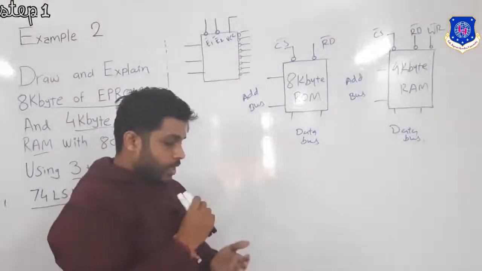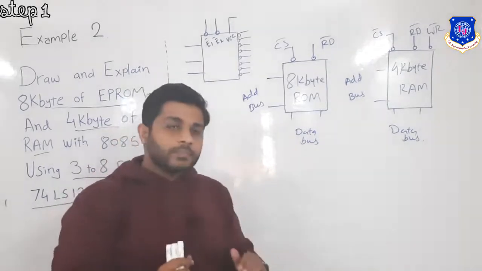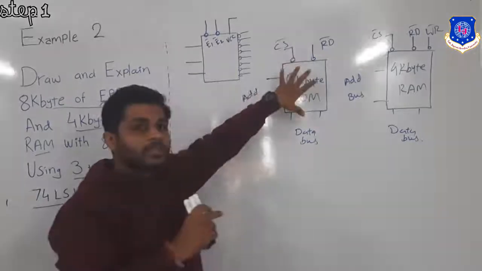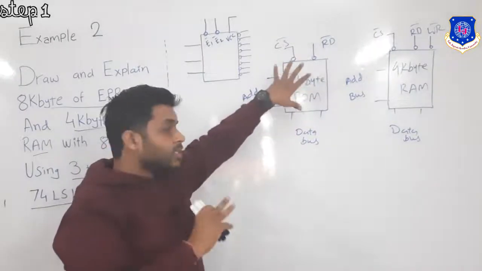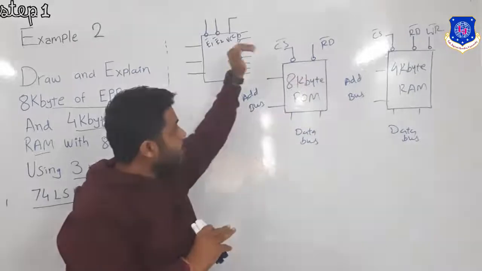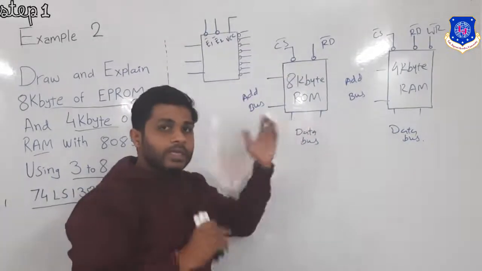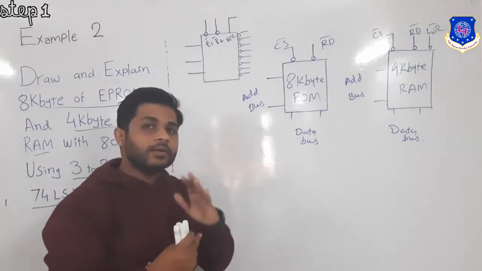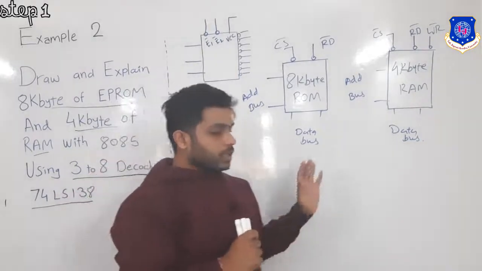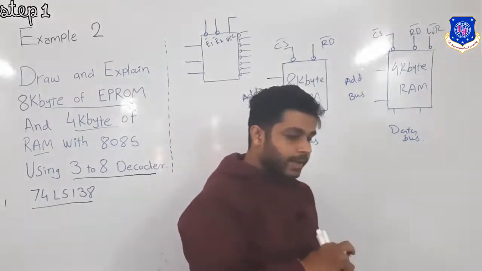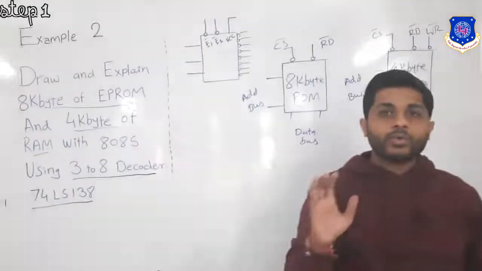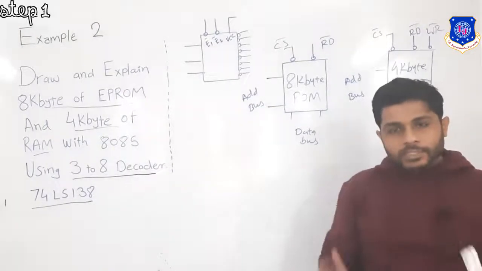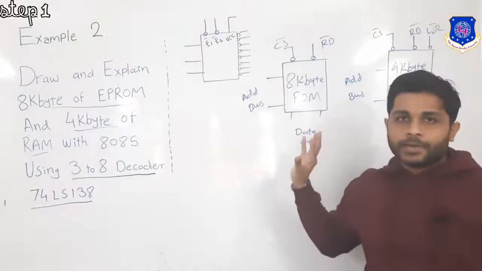Now what is the meaning of chip select? Chip select means that when an active low signal is provided here, then and only then can the processor interact with this memory. Whenever this memory is enabled, whenever an active low signal is given to this memory, the processor can send data and can read data. So chip select must be there, and the processor can communicate with only one memory at a time. So the first step is completed. What is the first step? The first step is to draw all the components separately.